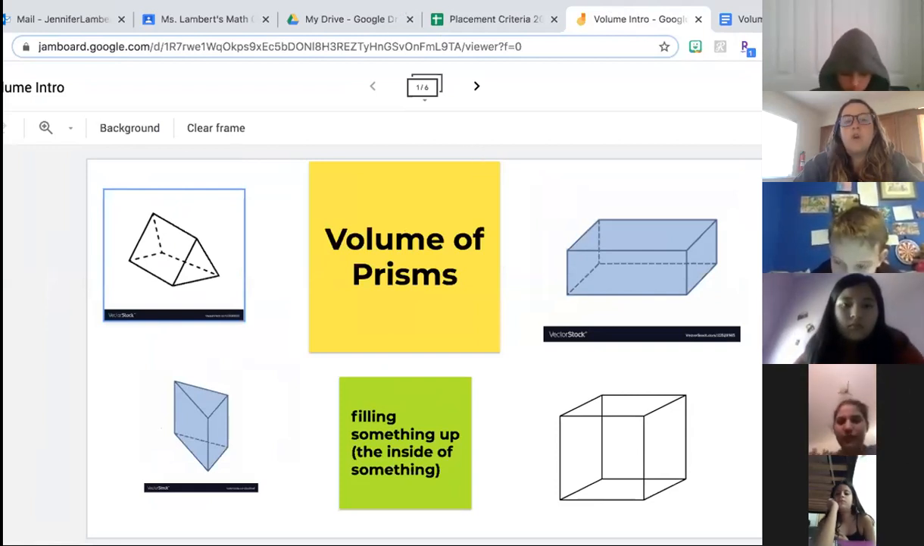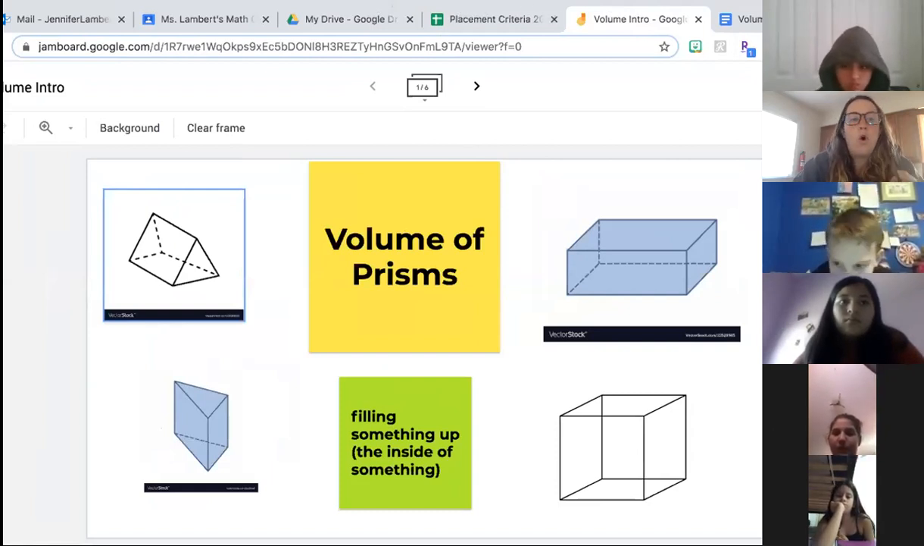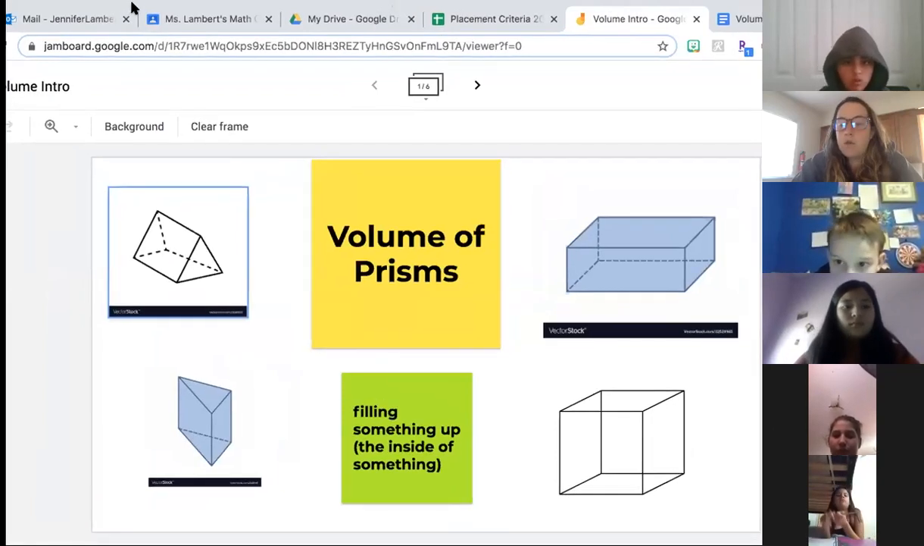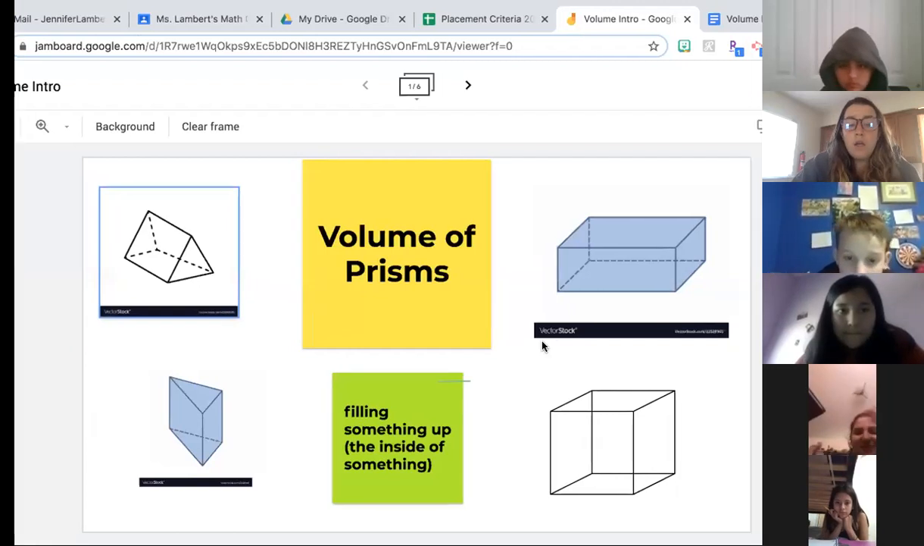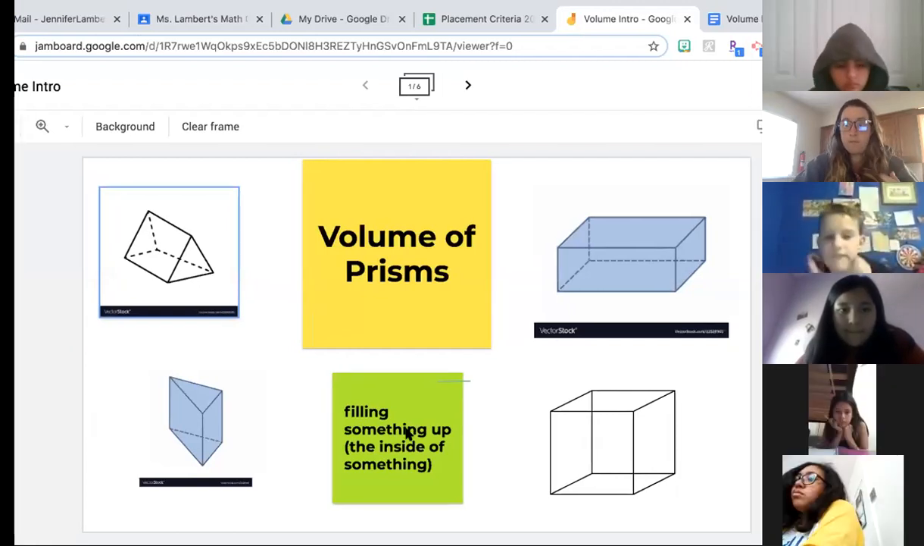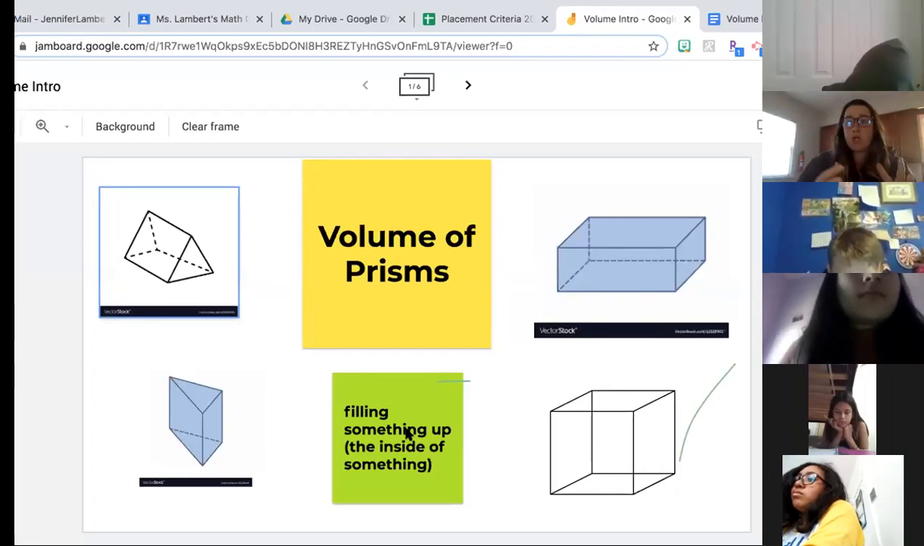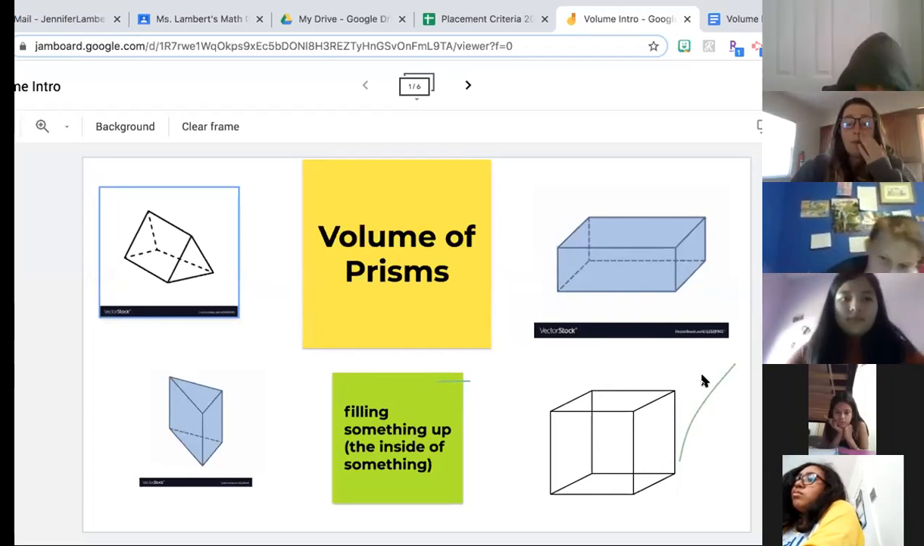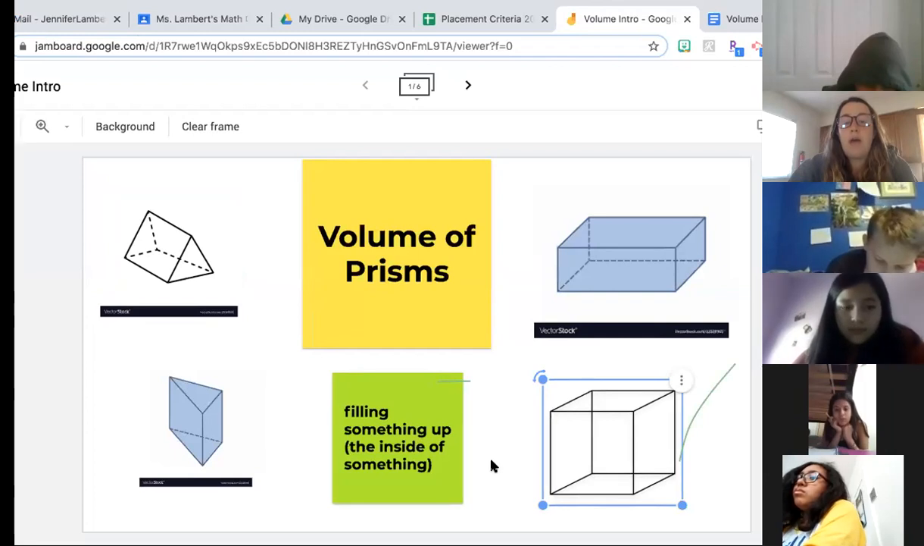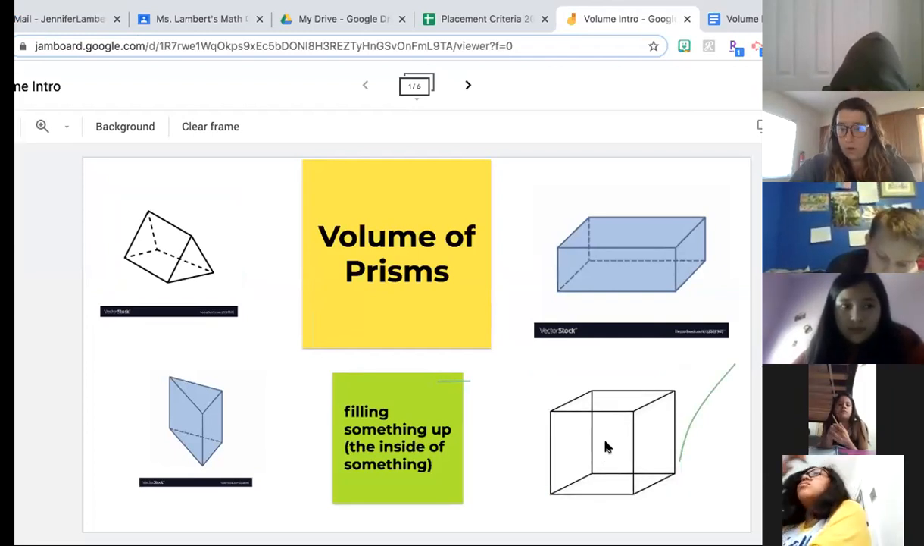All right. So surface area, because we were talking about all of the surfaces, that was like when we were wrapping a present, or if you were painting a box, those would be all of the surfaces. Volume is the inside of something. So like in the video yesterday, it had the box and it had that ice cube in the box, it's filling it up. So if I look here at this cube, okay,